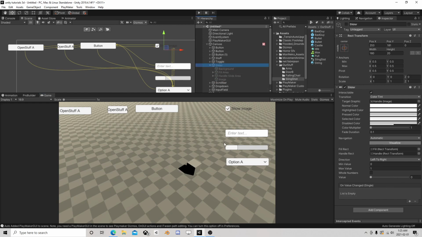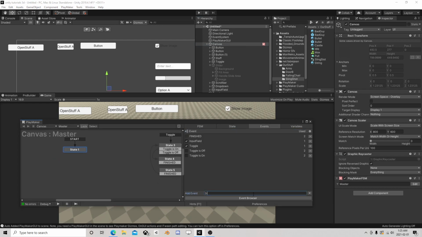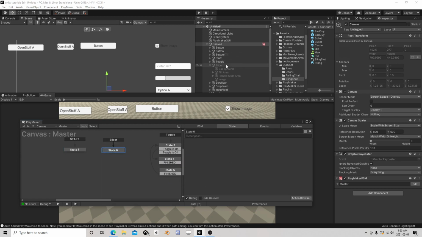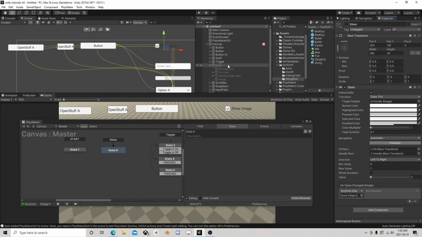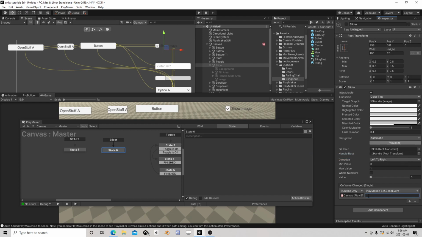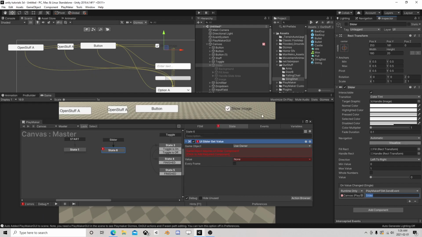We're going to get this value, and what I'm going to do with this guy is we are going to make an event called slider, and on the value change of the slider, we're going to tell this guy to get data, or to send this event, and we're going to get that slider,